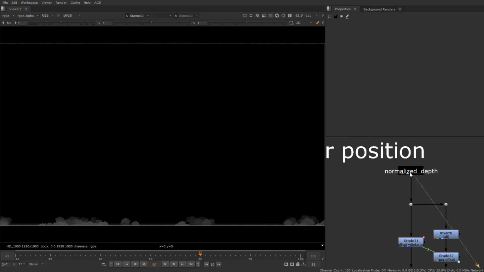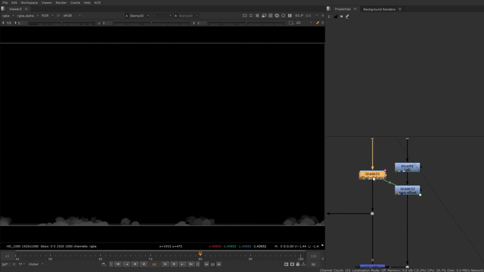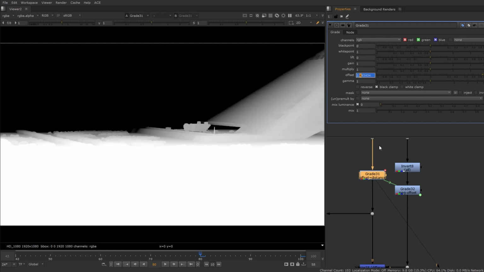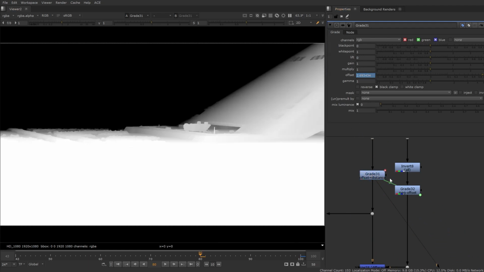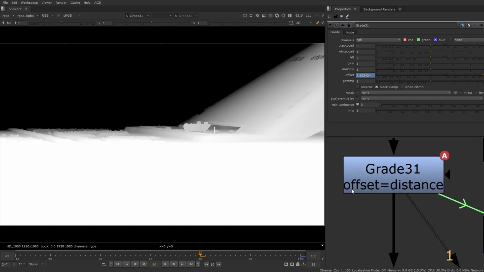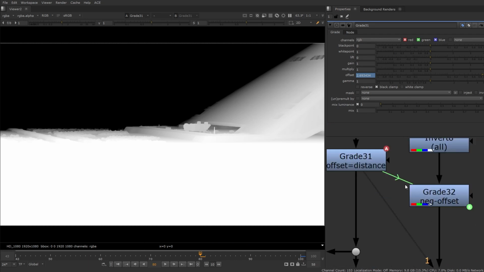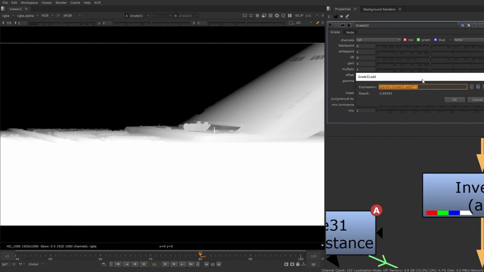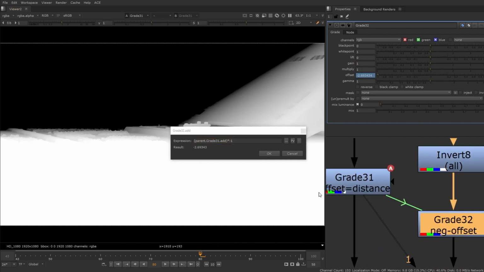And first, I got the depth channel shuffled into the RGBA. Then I realized that grading the offset could give me the illusion of distance. So if the offset is the distance, what if I do the opposite? So basically I linked the two offsets, two grades together, and one is the inverse of the other one. So you can see here that I'm parenting the grade 31 and multiplying it by -1, which is giving me